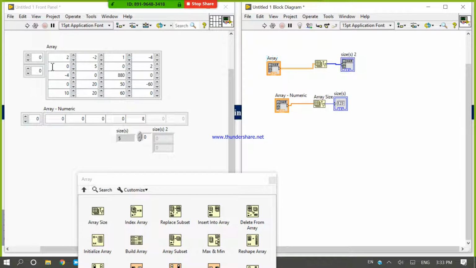So what is the size of this array? 1 2 3 4 5. 5 cross 4. We count first row, then column. 5 cross 4. Nice.